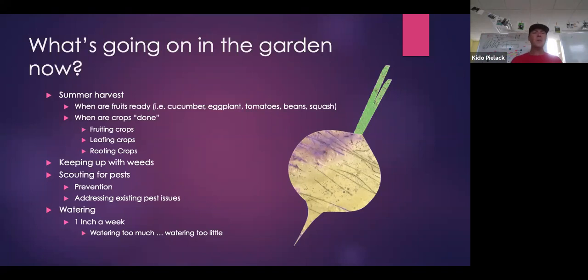Other things that are happening in the garden right now is just staying on top of weeds. We're feeling at the farm a little bit of a tapering off of weed pressure, even though weeds are just an ongoing tribulation. I think the tapering off is because we just haven't had as much rain. We'll probably get a flush after today's rain. But in particular,